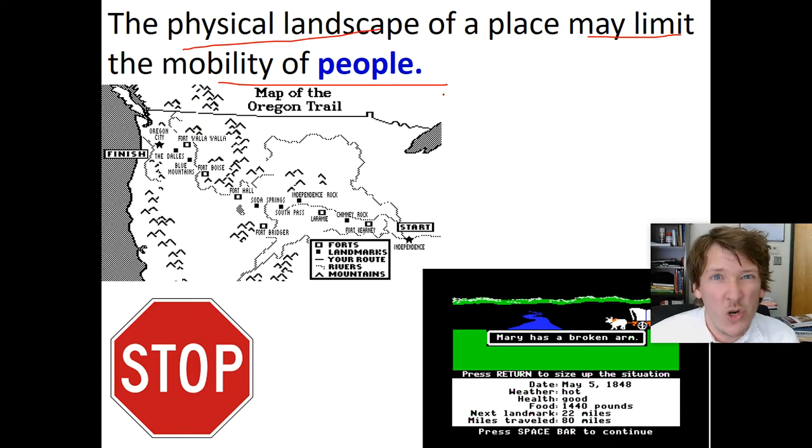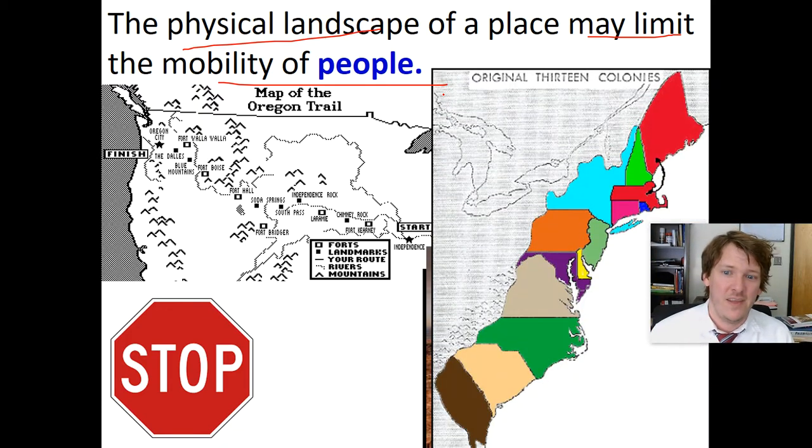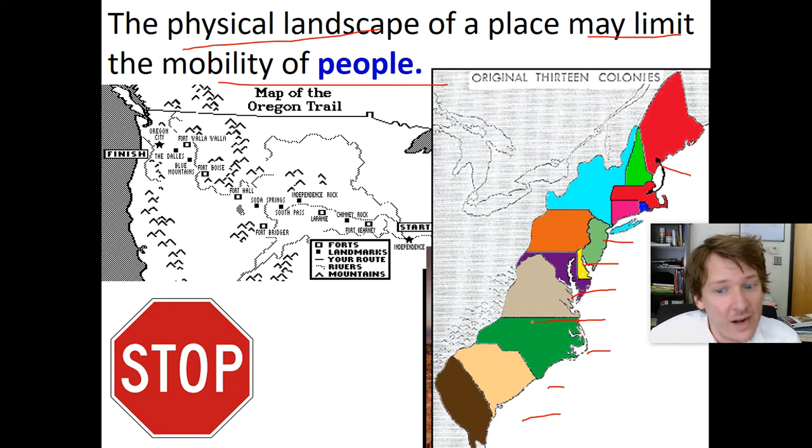There are places where it's going to be hard to live because it's impossible to get there. No one lives in the desert. There are a couple people, but not a lot of people. A lot of people lived on the coast. You know why? Because it was really easy to sail a boat into these areas. This is the opposite. So physical landscape may limit the mobility. Well, there are no limits here, but there actually is one here because this physical landscape limited the mobility to get to North Carolina, whereas it's easier to get to these other states, and so they grow.